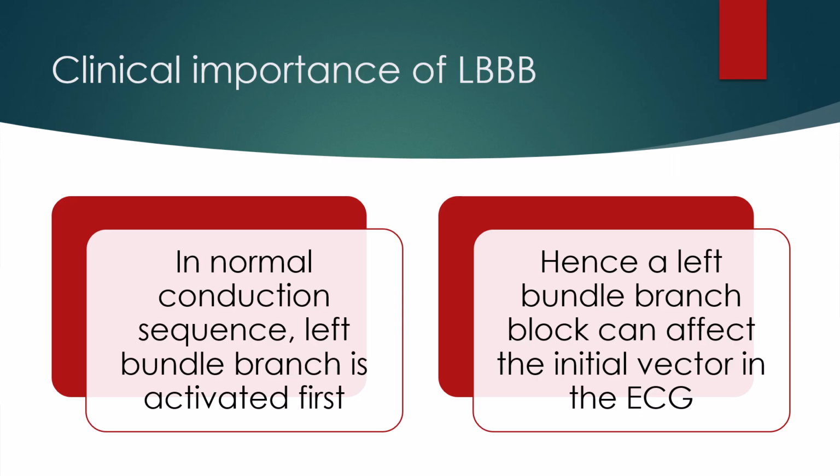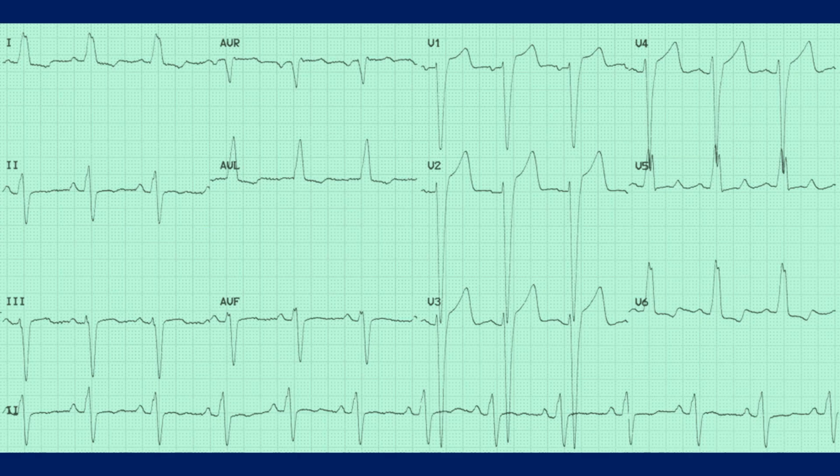In normal conduction sequence, left bundle branch is activated first. Hence, a left bundle branch block can affect the initial vector in the ECG. This leads to errors in interpretation of Q waves in myocardial infarction. Secondary ST segment and T wave abnormalities common with LBBB makes assessment of myocardial ischemia difficult both at rest and